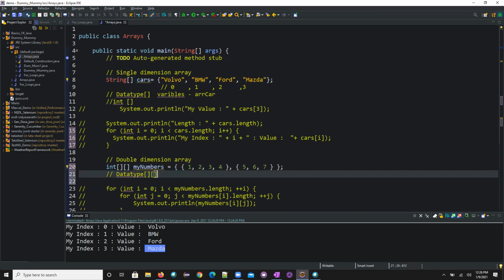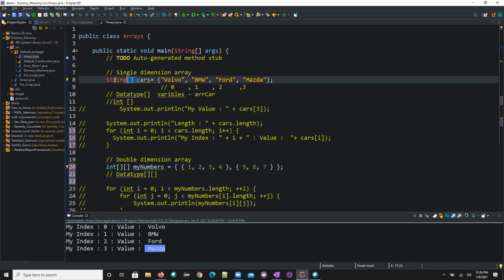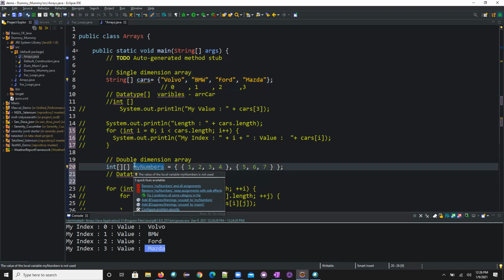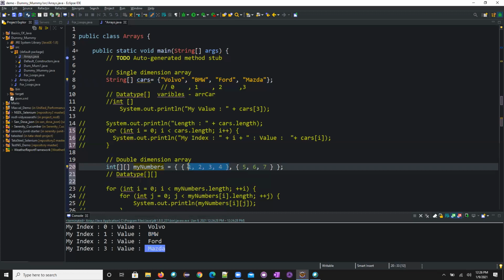That is understandable. By seeing this one, you should be able to understand this is a two-dimensional array and this is a single dimensional array. Even a first standard student can understand this. Let's go further. This is the variable. Here this is the first list for the first array, second list for the second array. Here I have 1, 2, 3, 4, and here I have 5, 6, 7. So now I have two lists.